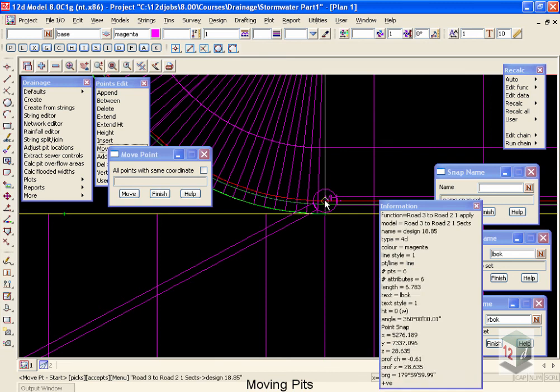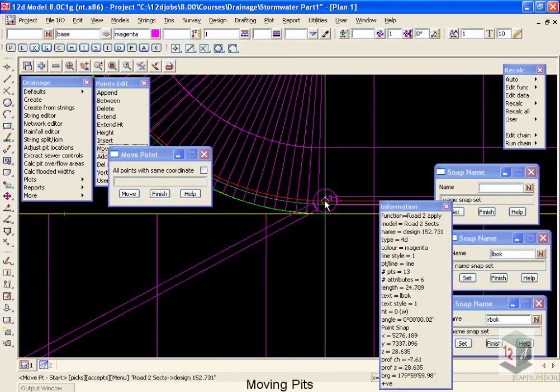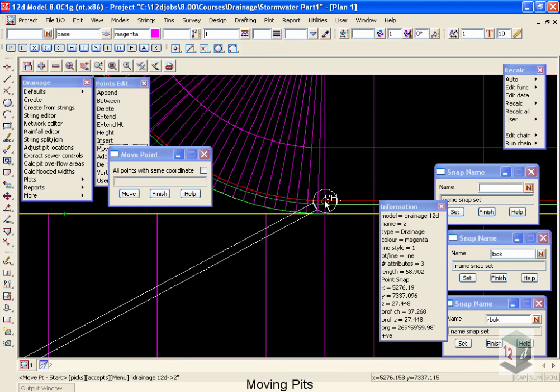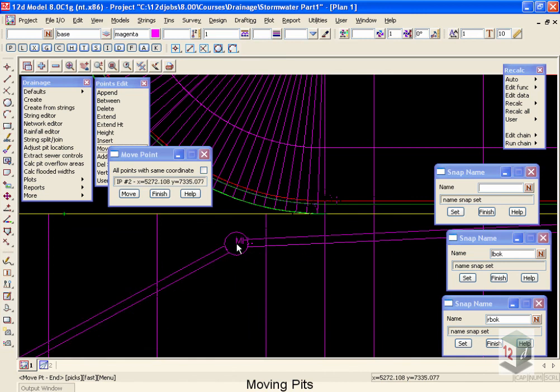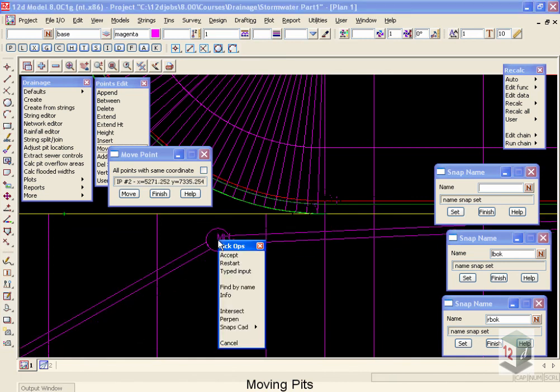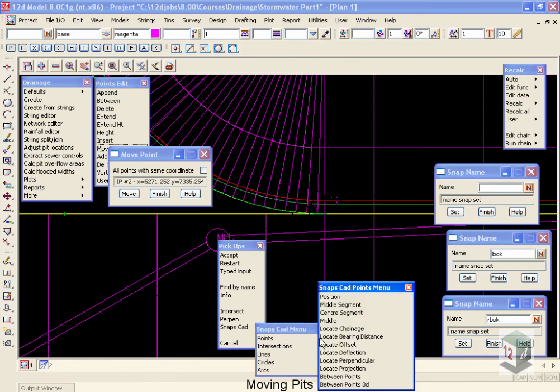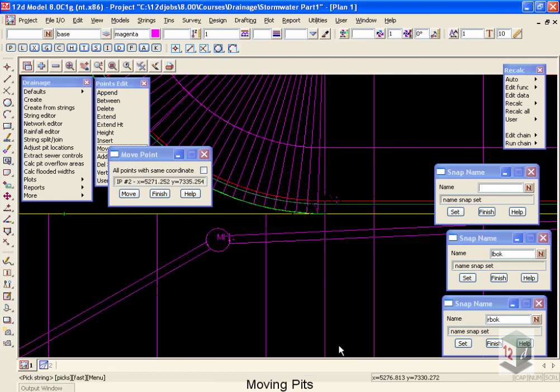So I'm going to select this pit, keep selecting until I get the drainage string. There it is. Accept that with a middle mouse. Now I want to use my Snaps CAD in order to place this. I'm going to do a right mouse click, go to Snaps CAD, and I'm going to use a points locate offset. Now whenever you're using the Snaps CAD, you should follow the instructions that are listed in the bottom left-hand